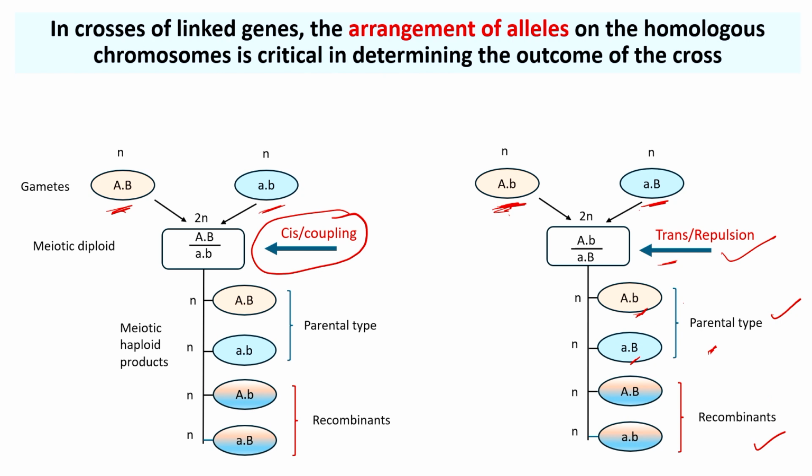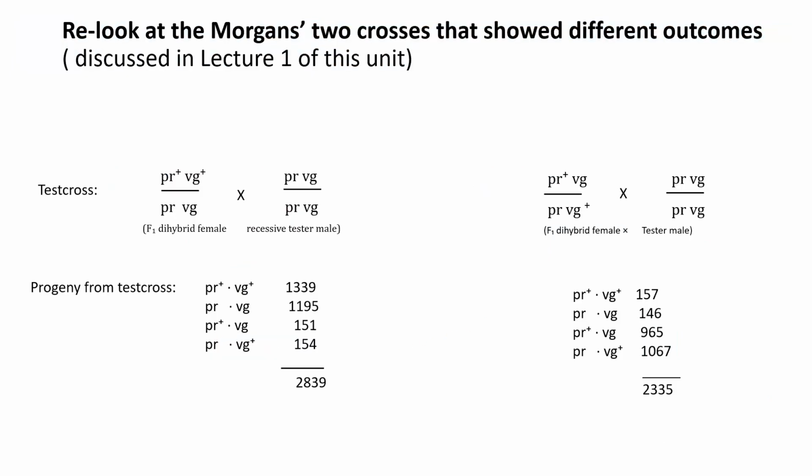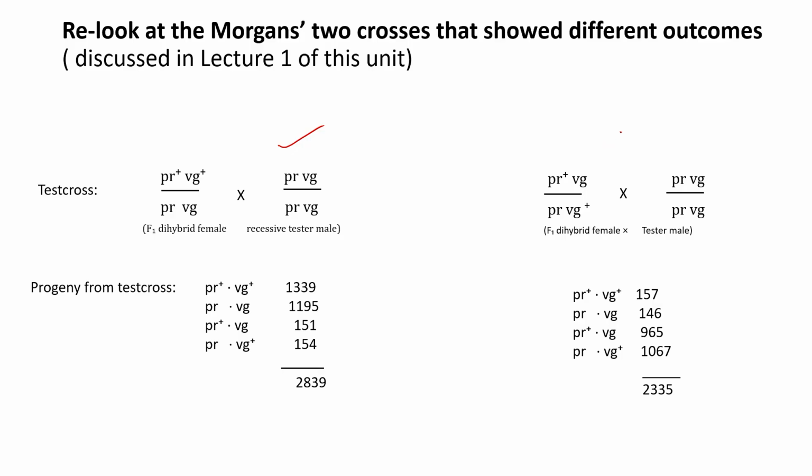So this is important for you to remember: the coupling and the repulsion configuration. If you remember in the previous class, I did tell you the example of Morgan, where initially he identified that the genes were not independently segregating, then he set up a cross with the heterozygous F1 progeny. And this is the same data that I have shown you in my previous class, I have repeated here. So you see, in this one example, you have both dominant together, both recessive together in